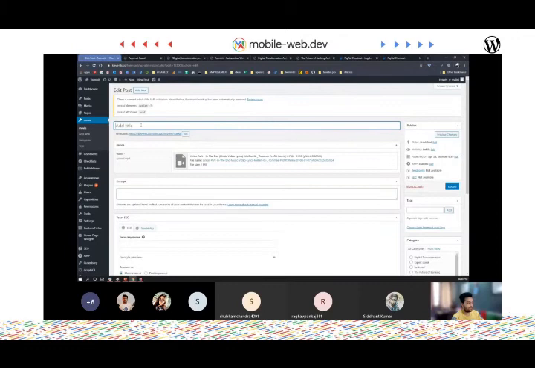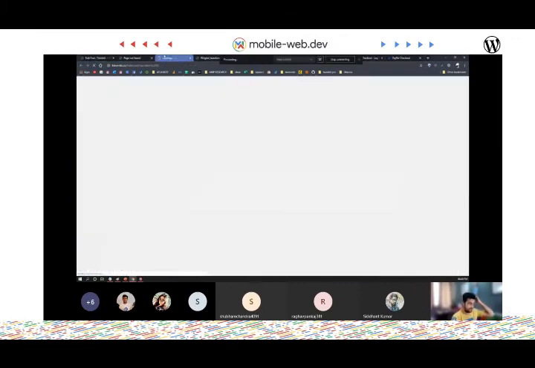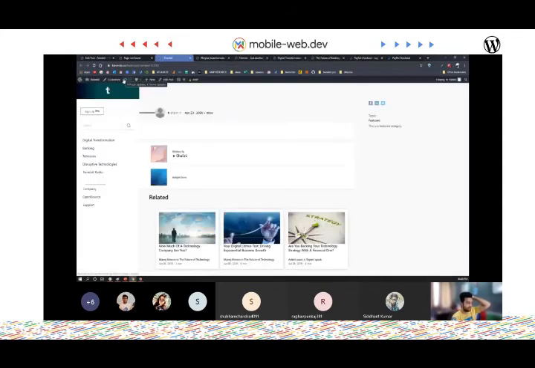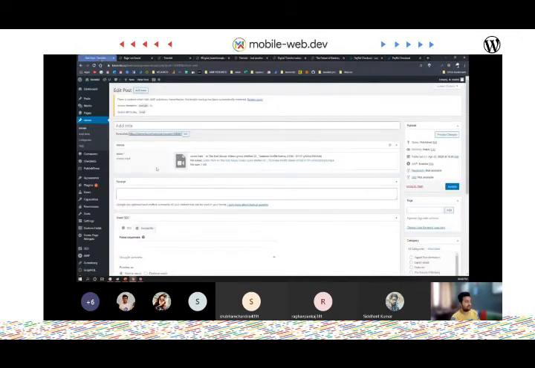We haven't given any name, but it chooses the name on its own. So let's go ahead and see if there is any content on this permalink. We cannot see any content because we haven't made any view for this particular file. For that, we again need to cover our basics of theme development, which we'll be teaching you tomorrow, of how you can show this file on the front end part.